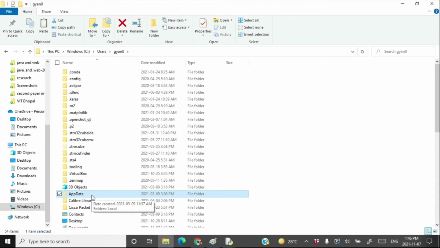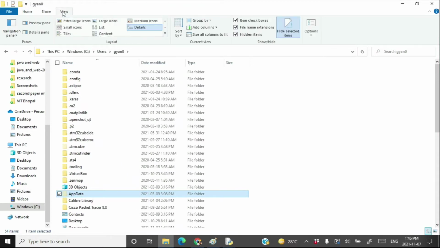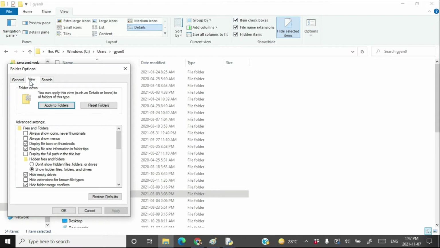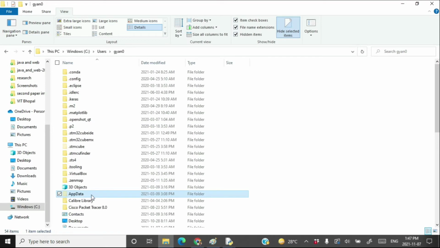If you want to look at this directory, go to View and go to Options, click on Change folder and search options, go to View and click here Show hidden files, folders and drives. So if you have selected this, then only you will be able to see this directory.